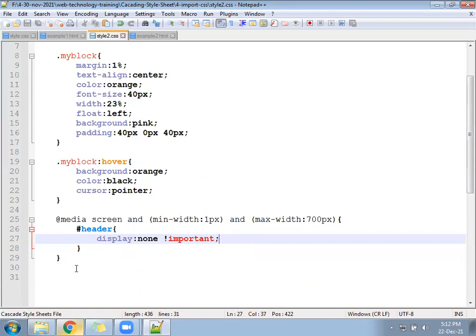Check now, minimize your window size, make a small size. Check in that. In a small size of the screen, what is the look?